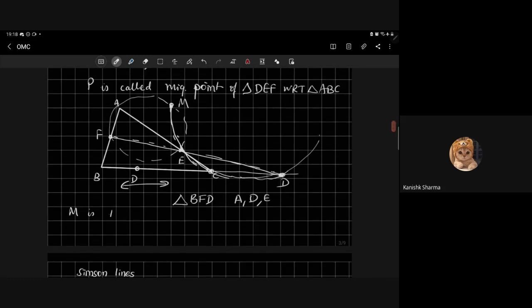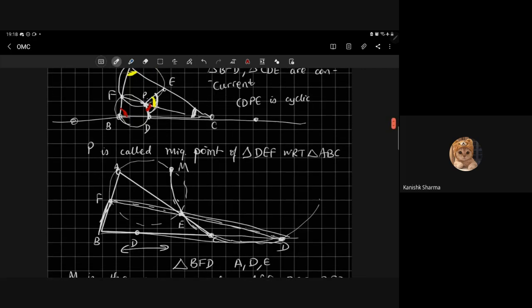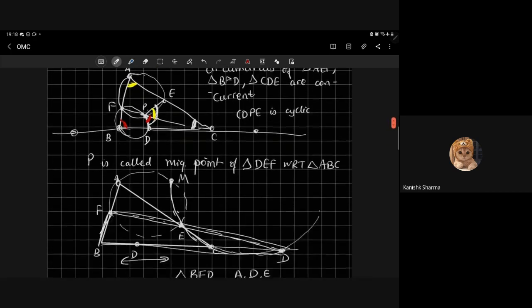M is the common point of triangle AFE, DCE, and BFD. Now, if I look at it from the perspective of triangle BFD, and we look at A, E and C as points on the sides, and again by the previous result,